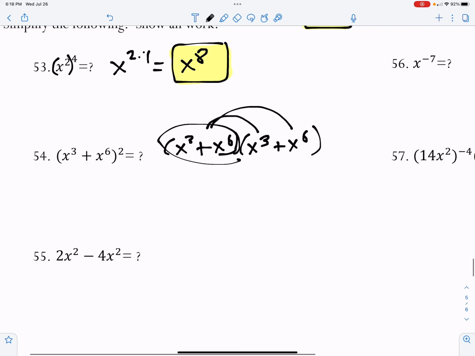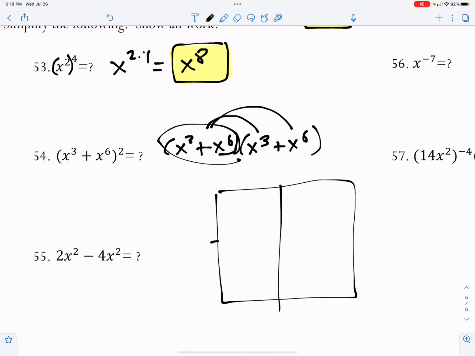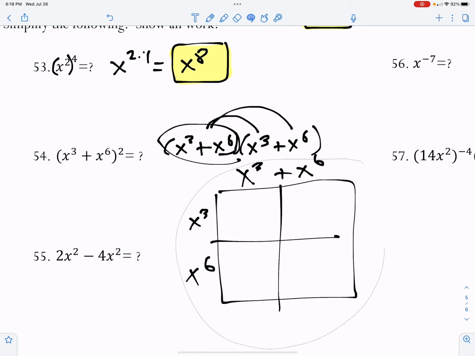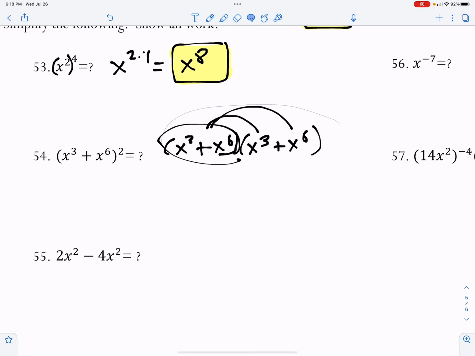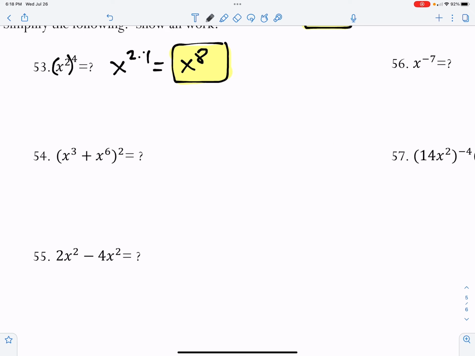Or some teachers have shown it where we make a grid like this. We write x cubed plus x to the 6th along each side, and you fill in the chart. That's another way I've seen it done. Either way, we have to be able to expand across this polynomial. So I'm just going to go ahead and distribute through. I'm going to write one in blue and one in black just to keep them different colors. So we're going to go x cubed plus x to the 6th